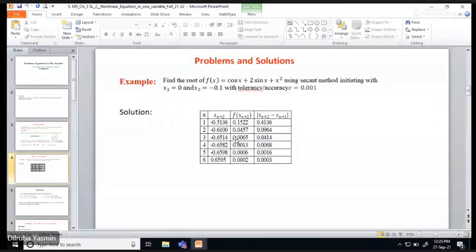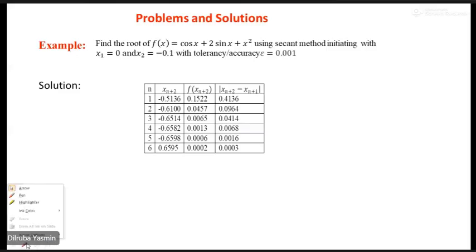Suppose you have to find the root of this polynomial equation. You have to apply the secant method here, and you are given the accuracy value, and you have x1 and x2 values. So how do we get the root of the function f of x when the accuracy value is given here? You have x1 value, you have x2 value. If we apply this formula,